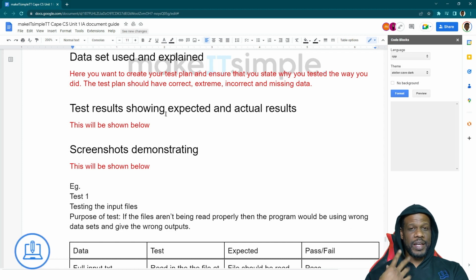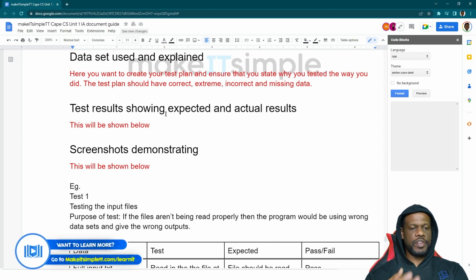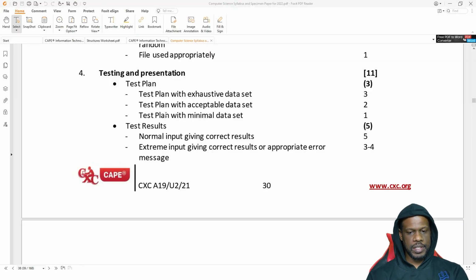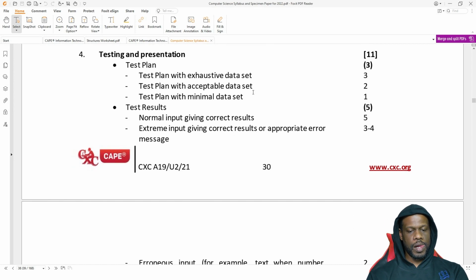Then we will test to see if we enter the password wrong, test to see if you read from an empty file, test to see if you put in a wrong search value, if you'll get back an error message, all those different things. We'll create some tests, because the testing and presentation, the test plan, is 3 marks. Meaning you must have a solid test plan with an exhaustive data set. Exhaustive data set means you have to look for